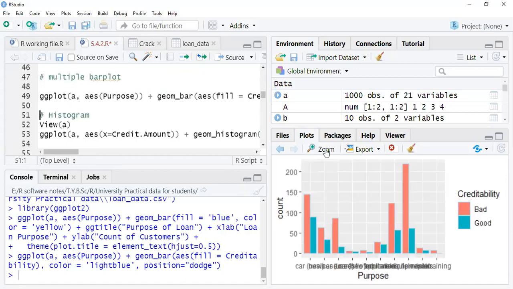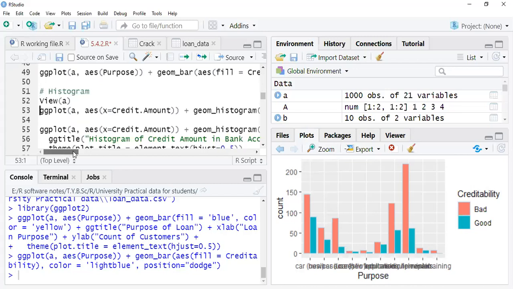You can zoom it for getting more information. See, we have a new type of car which is good, which is bad. So in creditability you have a good amount and bad amount. This is the bad one, this is the good one. Based on the criteria you count and compare the things. If you want to put some number, I have already given the commands, you can just execute, no problem.